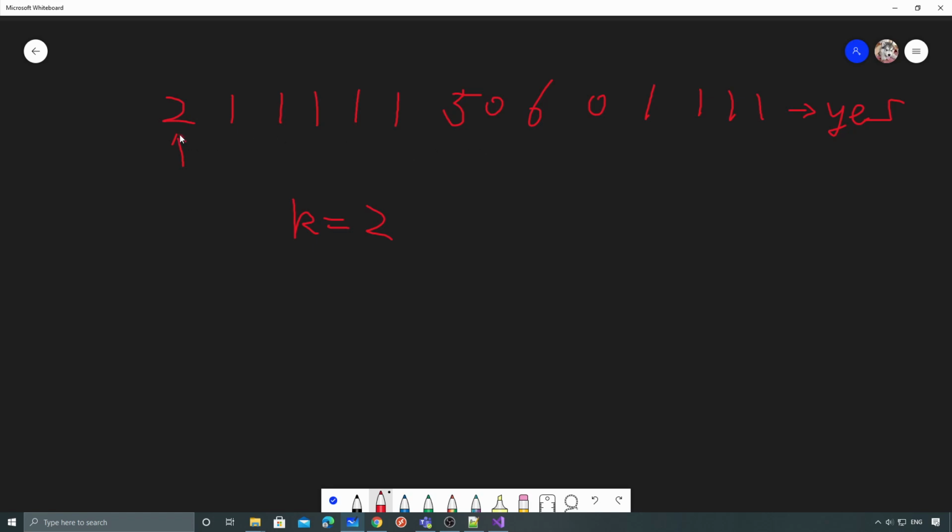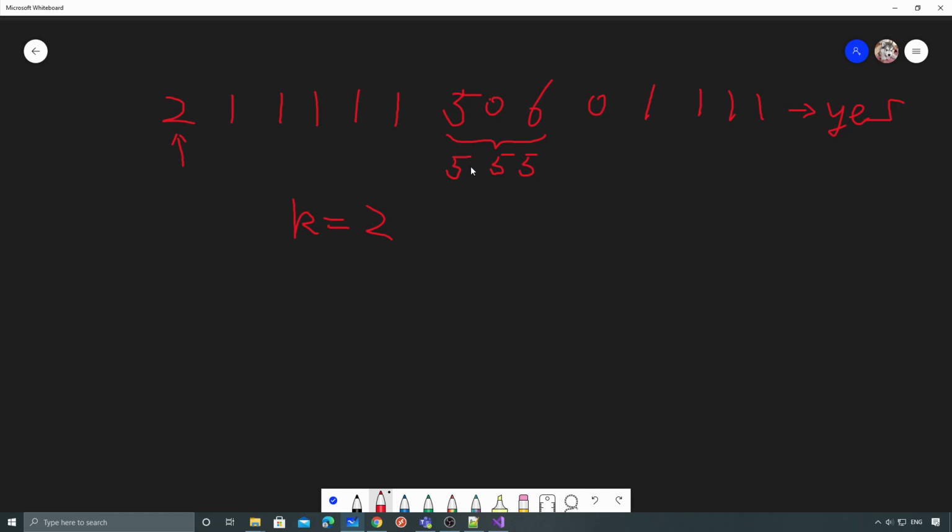So, first we cannot do the operations on any of the numbers which is smaller than 2, because in that case this 2 will be replaced by 1, right? But look at this part. We have 5, 0, and 6. If we do an operation on this part, what will we get? We'll get the median of this range, which is 5, right? So this will become 5, 5, and 5,